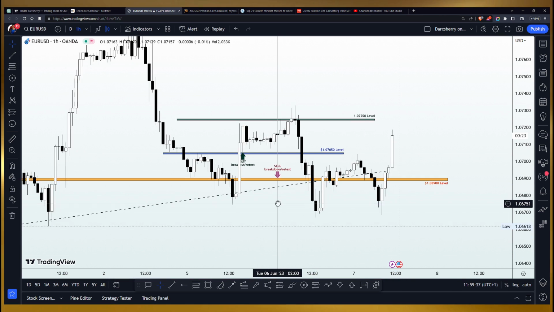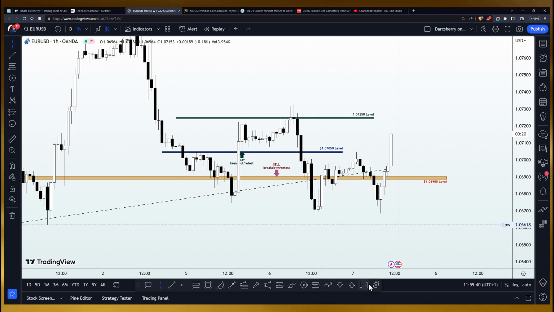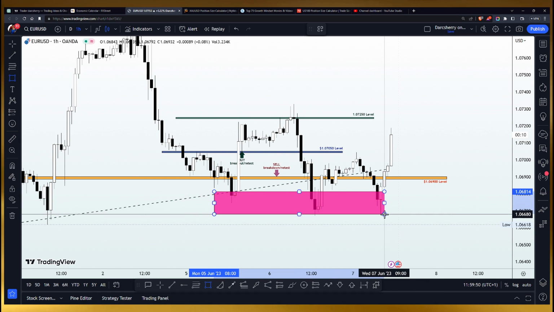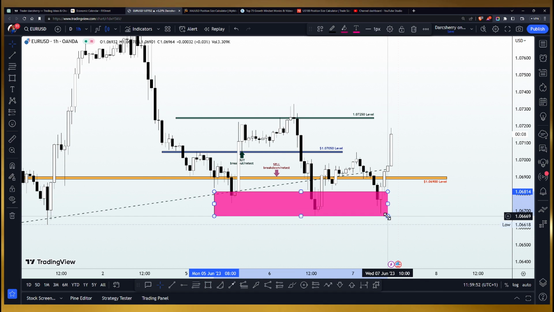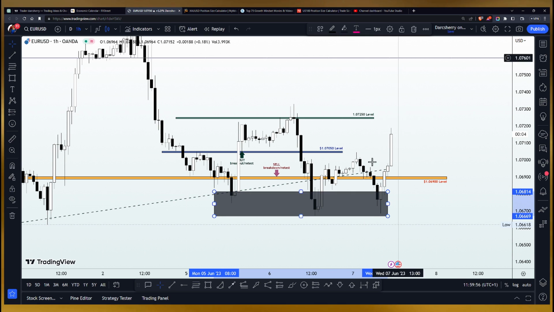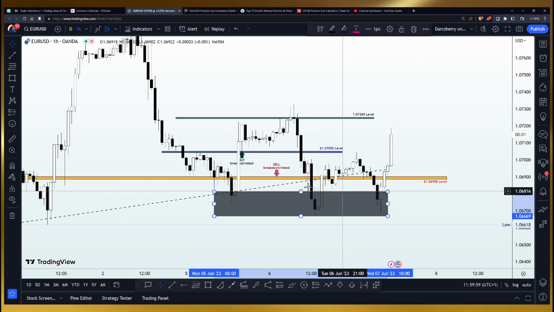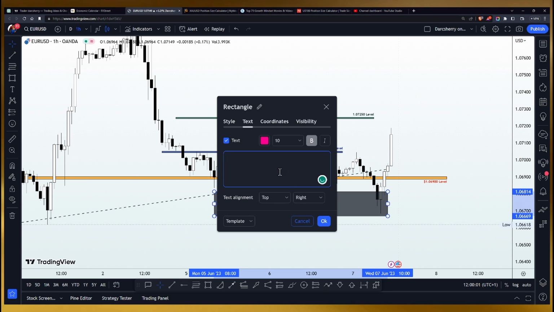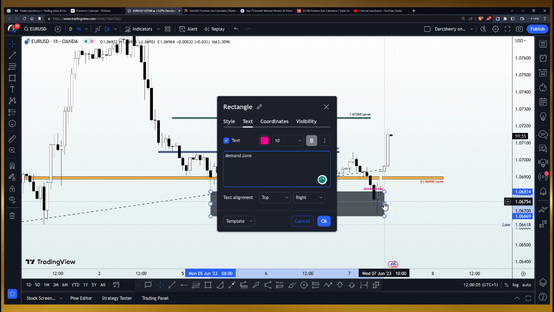Now you can see how this 1.0690 area has been a strong niche for buying power in this market, negating all attempts by the sellers to break through the structure. So as a result of this, I want to acknowledge this area as a potential demand zone for the second half of this week. So let us label this area for the sake of clarity. So we have this area named demand zone, situated around what?